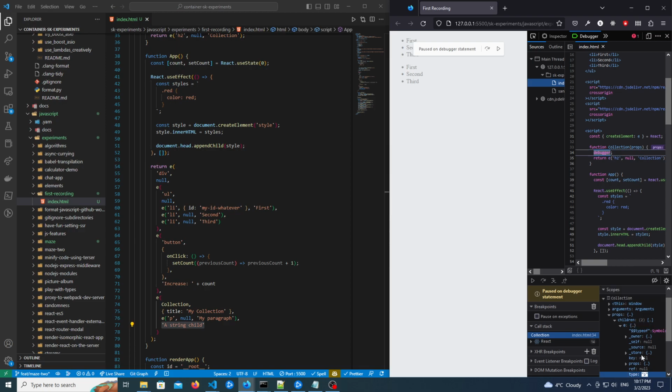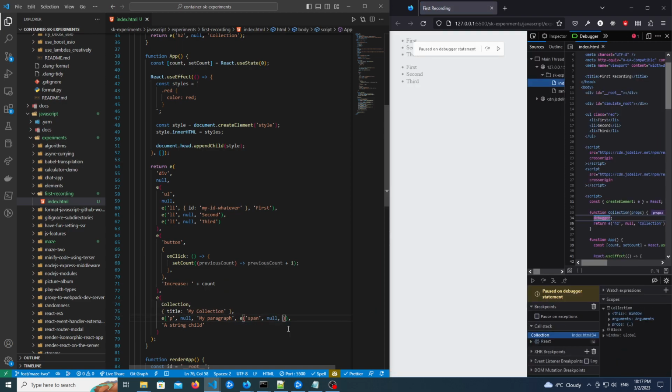As you can see, this type P, and it should have children, my paragraph, props children. Here we can see that here, props children. So what if we say to that paragraph span null